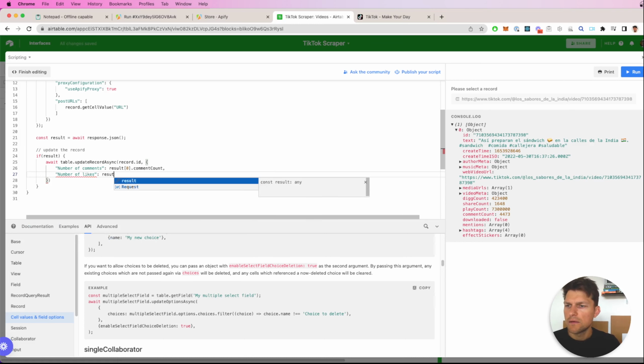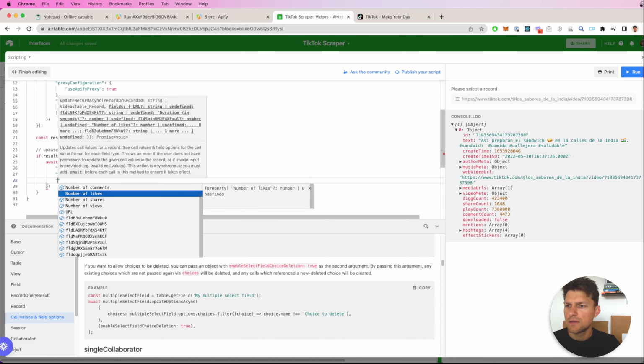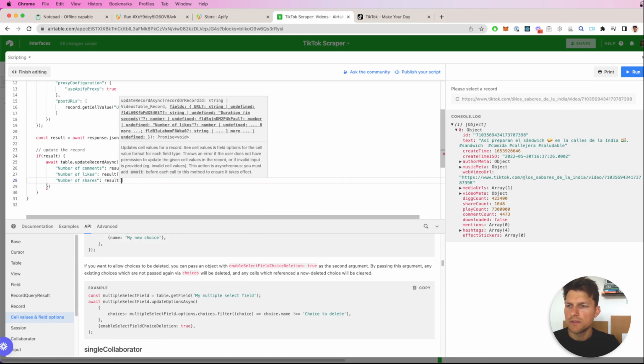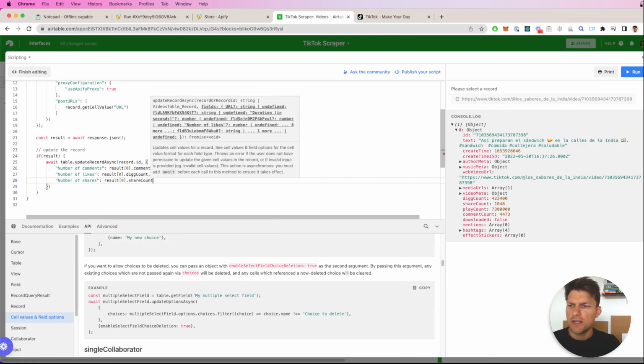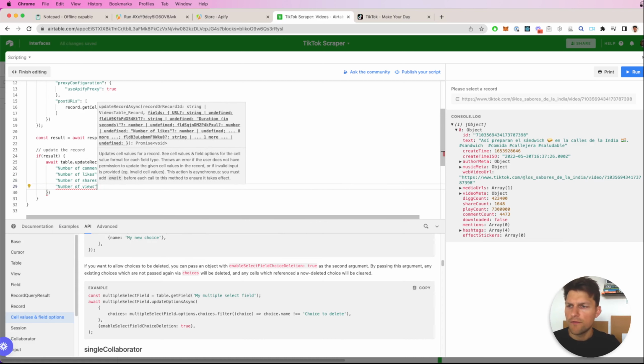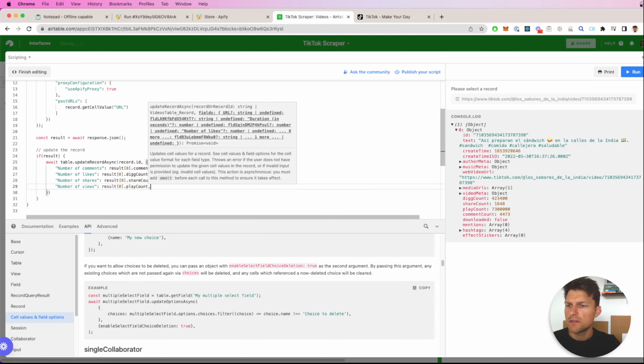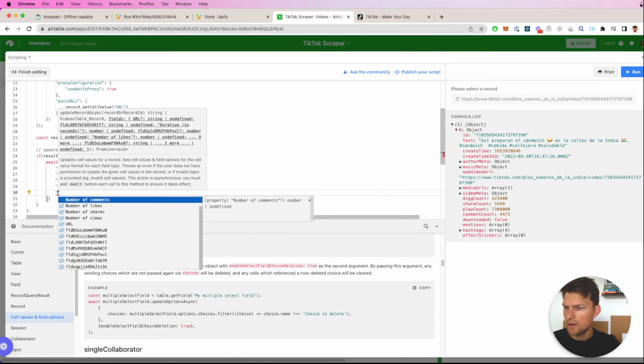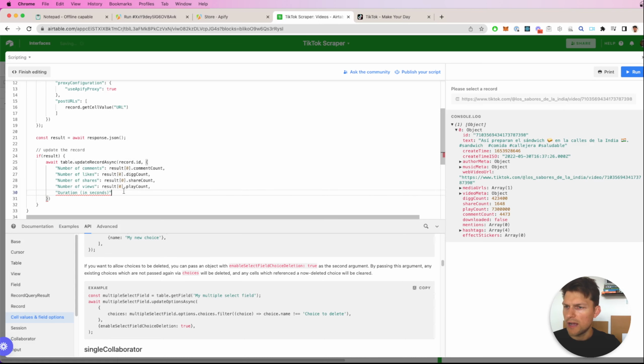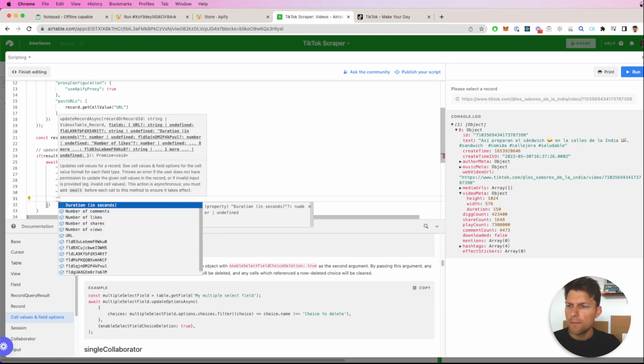Number of likes, result, and then this is called diggCount, number of shares, result, shareCount, and number of views, result.playCount. And I think we have also the date somewhere. No, duration in seconds is also good. Result 0. I think it's under videoMeta, exactly. videoMeta.duration,